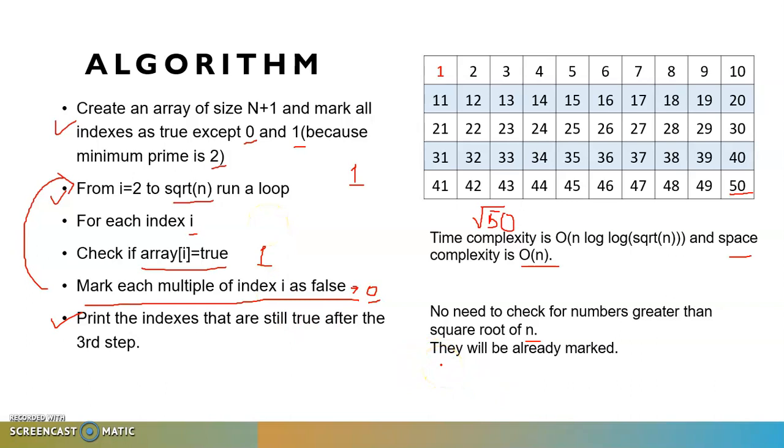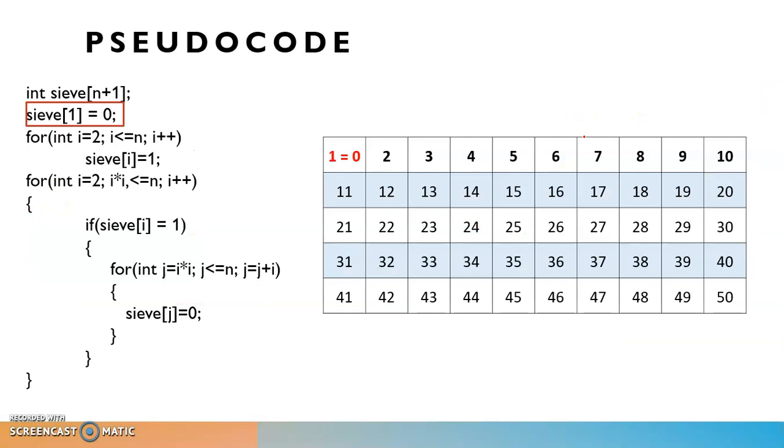Now let us go with the interesting part. We are implementing this algorithm on the table given here, so it will be very easy for you to understand. So this is a pseudocode. I have written one simple pseudocode with the help of the previous algorithm itself. So what is a pseudocode? The first thing, I have declared one array which is of n plus 1 size. What is my n? N is 50, correct? I want to find out all the prime numbers starting from 1 up to 50.